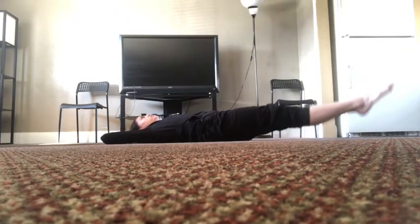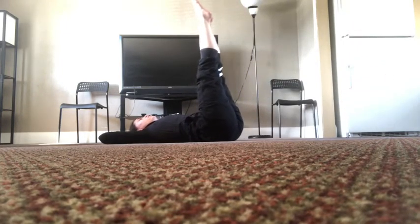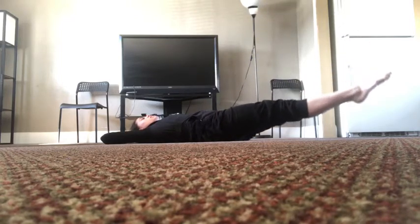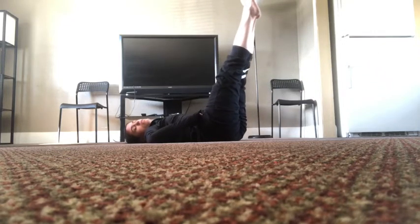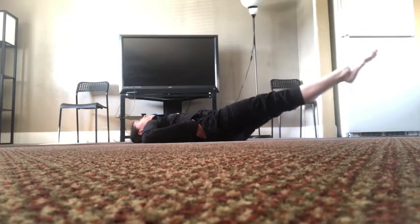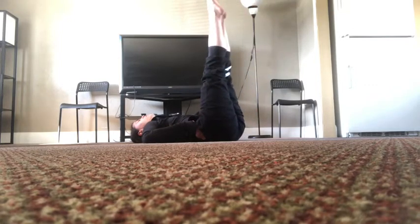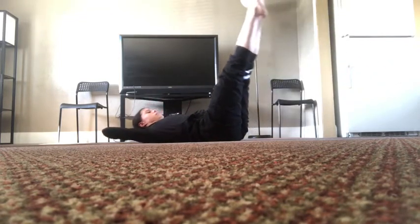trying not to engage the hip flexors and just focusing on your psoas and your core muscles, your rectus abdominals, and all of those muscles, okay? 6, 7, 8, 9, 10, 11, 12, 13, 14, last one,